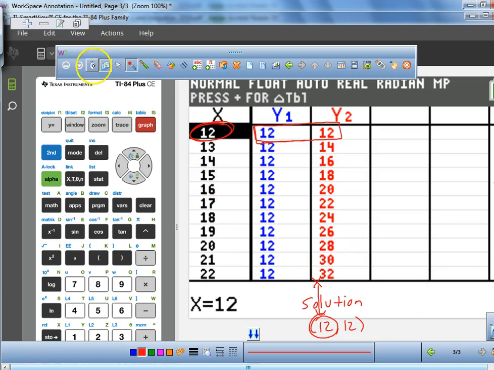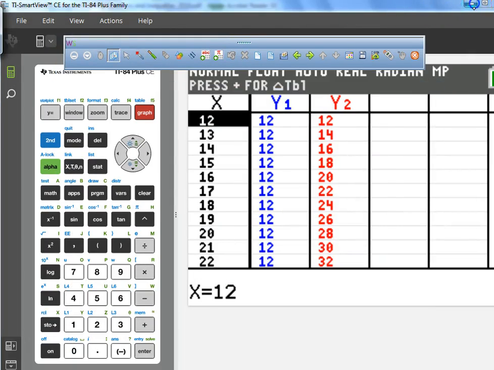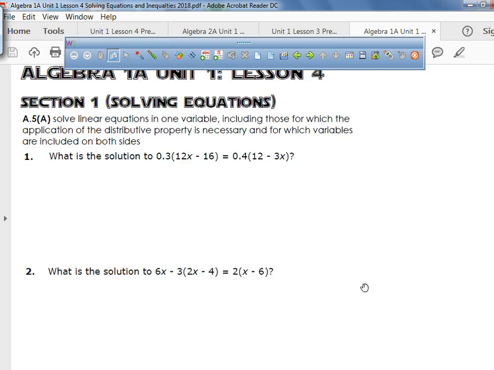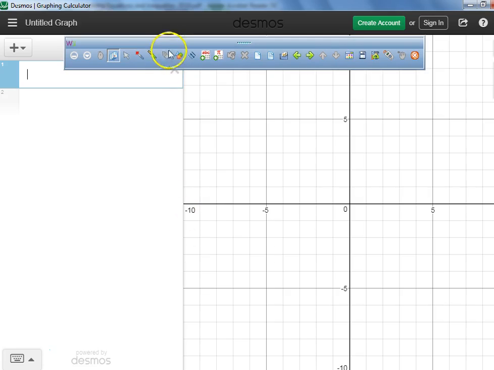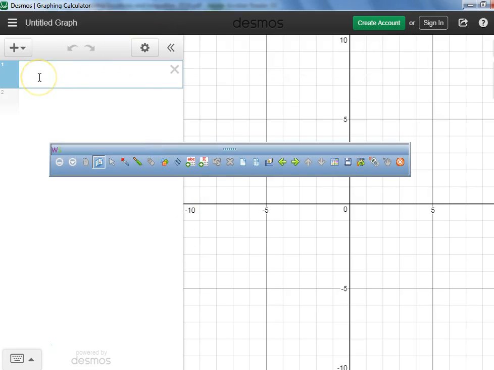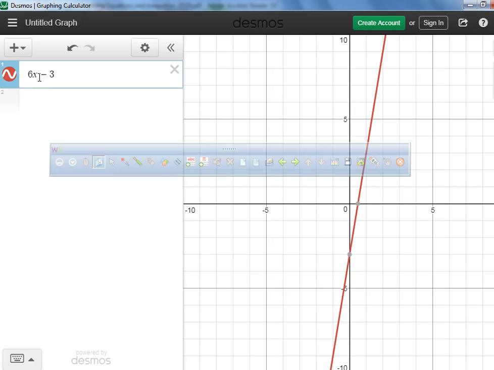Okay. Now, we also have another program that you're going to be allowed to use. I'm going to go over here to Desmos and help me out with what we're going to type. We're just going to type everything exactly as it looks. So, once again, what are we going to type in? We're going to type in 6x. It's kind of cool, it graphs as you're typing. Minus 3, open parentheses, 2x minus 4, close parentheses,